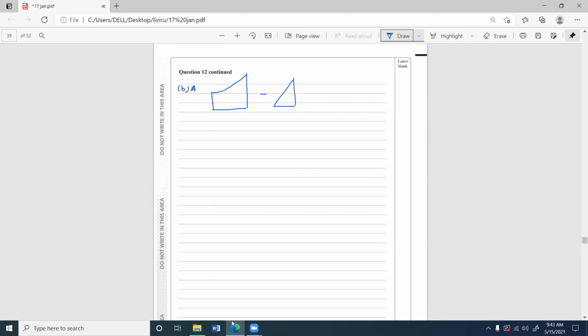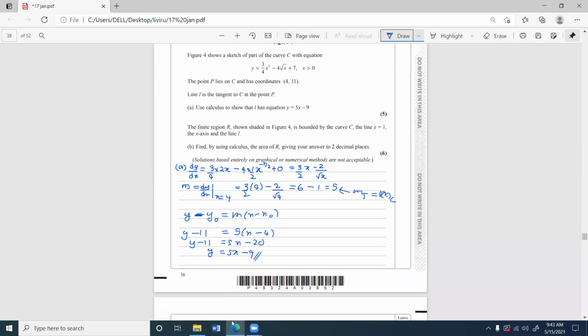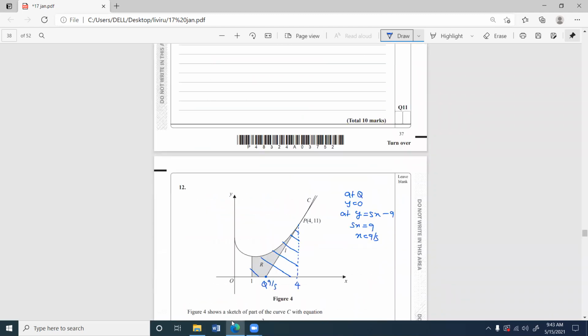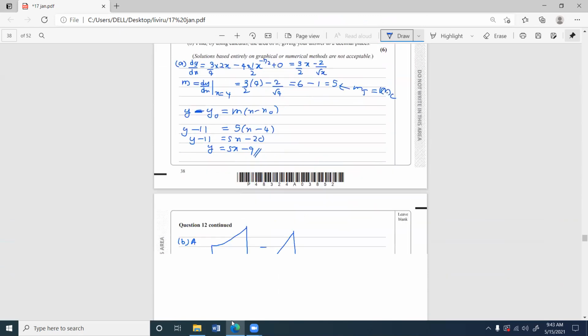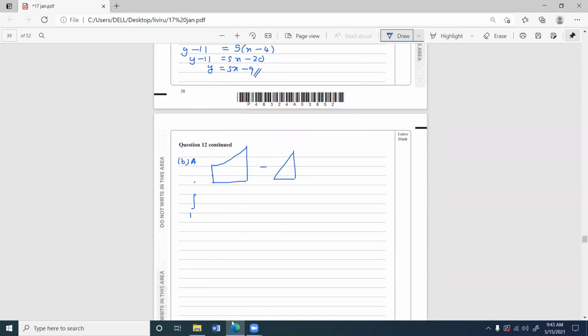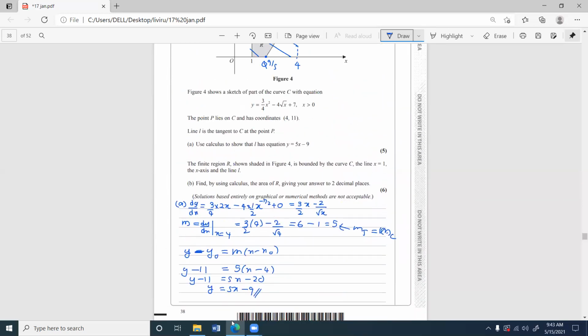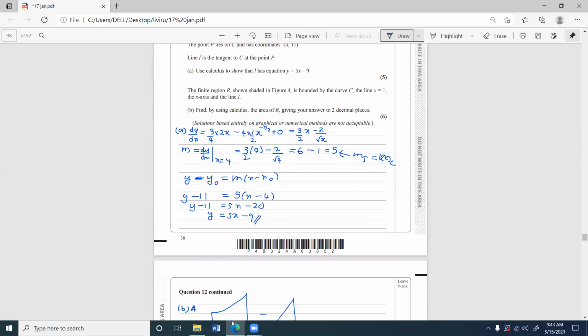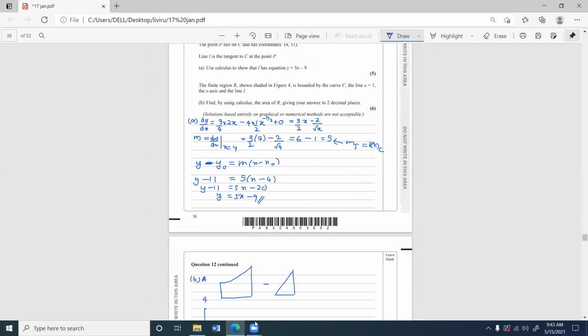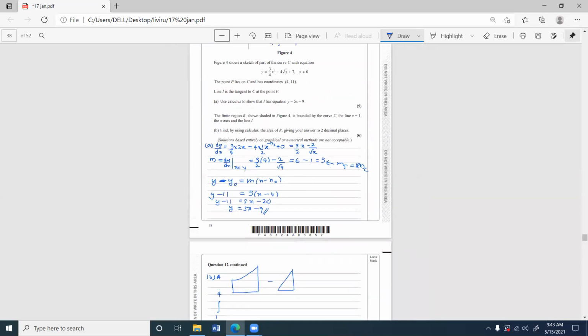That's a fact we need to understand. So this area you can find by integration from where to where? From 1 to 4. Integrate the curve. The curve is 3 over 4 x to the power 2 minus 4 x to the power half plus 7,